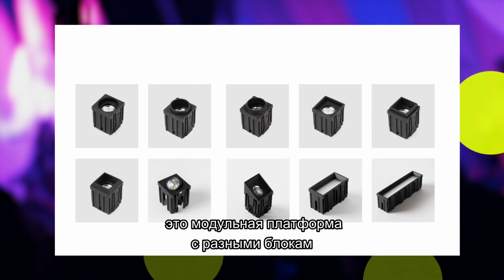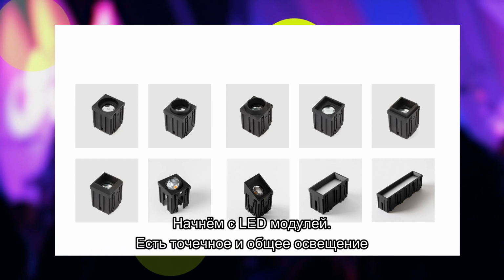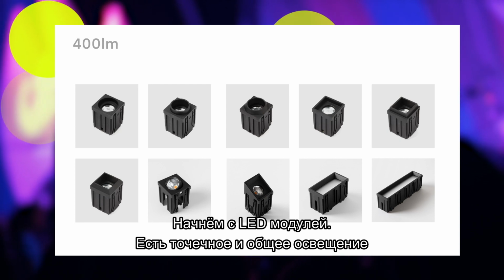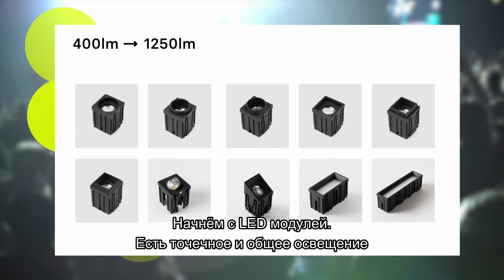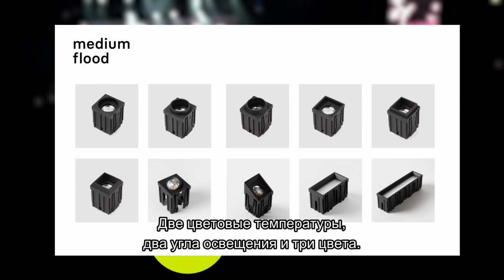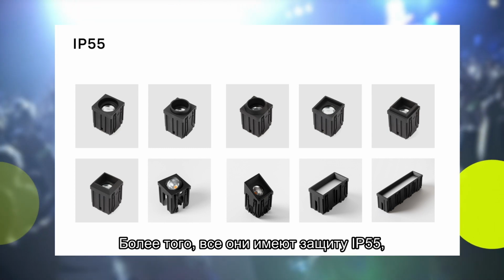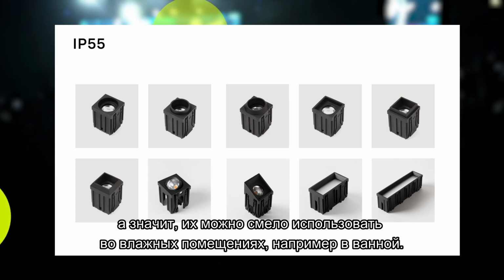The Cubini platform is based on modularity. You have different building blocks. Let's start with Cubini LED units. You have accent lighting and general lighting, all of them available in 2 color temperatures, 2 beam angles, and 3 colors. And on top of that, all of them are IP55 rated, which means that they can be used within